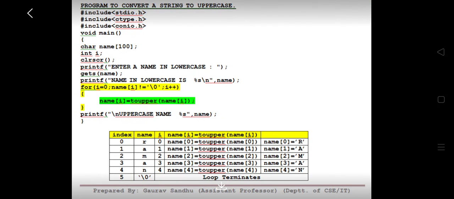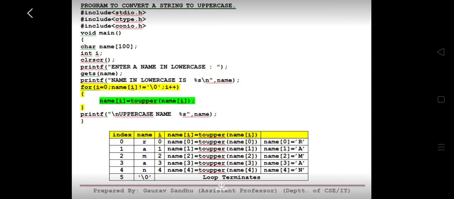Now here is another program using toupper clubbed with the concept of strings. Based on the program, whatever is entered in name will be converted to uppercase. If we look at the screen, we find that name is a character array which can store 100 characters. gets(name) asks for the name from the user.